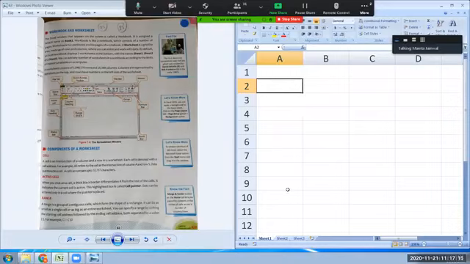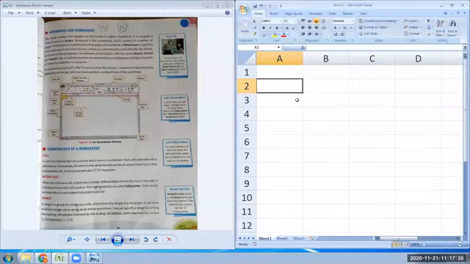And data can be entered only in a cell where the pointer is placed. Is that clear? Where can you place the data? Only where the cell pointer is placed. And this dark boundary is what? This dark boundary is the cell pointer. If you click on this, the cell pointer comes here, and then data will be entered in this cell. If you click here, the cell pointer comes here. So wherever you click, the cell pointer appears there, and typing is done in that cell only, right?